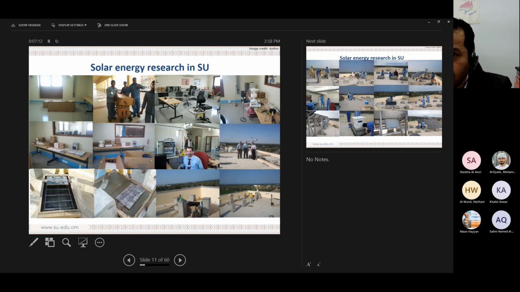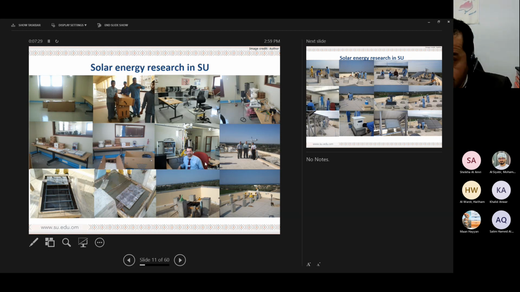Then also the weather station. I started working on the weather station here with 13 different sensors related to the environment, because we need to link the environment and the technology and how it behaves. This is our weather station, the first one. Now we have 3 weather stations today. This is on the top of the